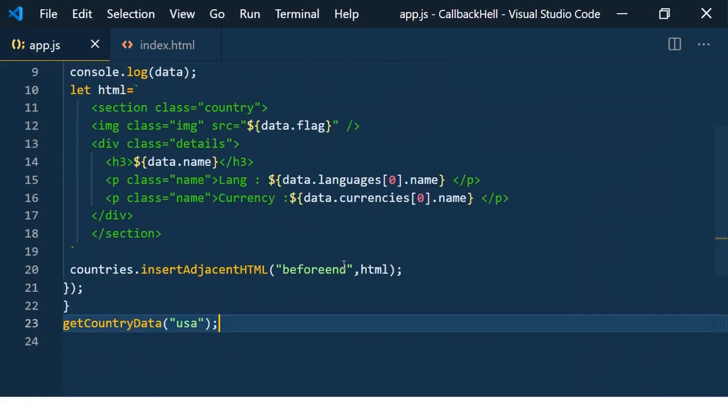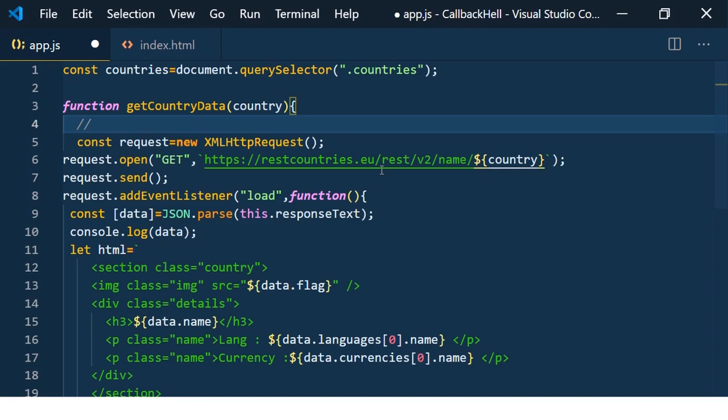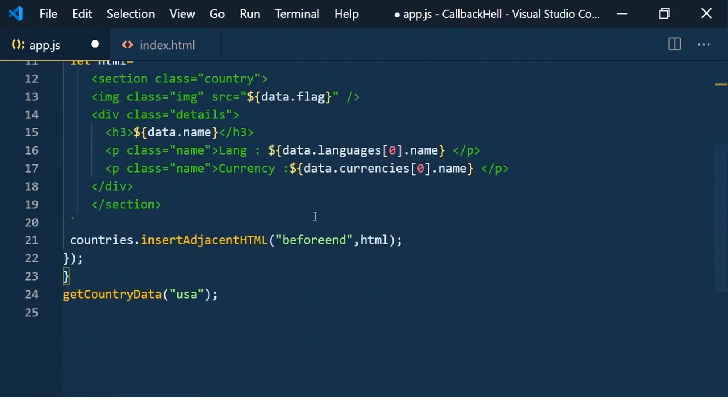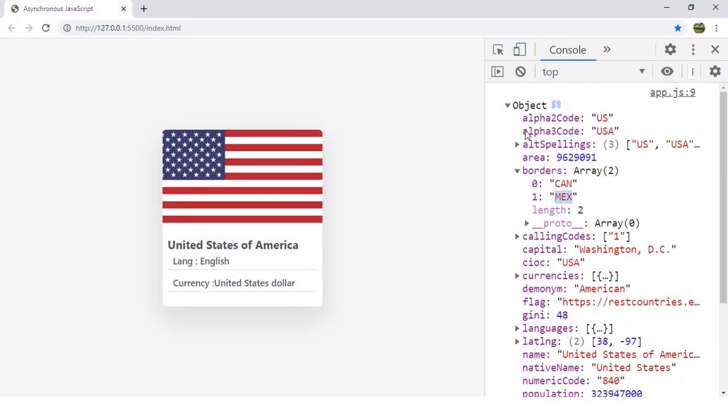So we have this code. So let's make it like load country, and here what we need to do is first load the USA. After that you have the borders array. From the borders array we need to take one of the values, like the border codes Canada and Mexico. Then by passing this code we should load this country. So the border country we need to load. So how to do that?